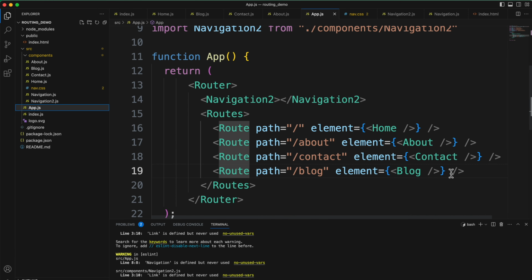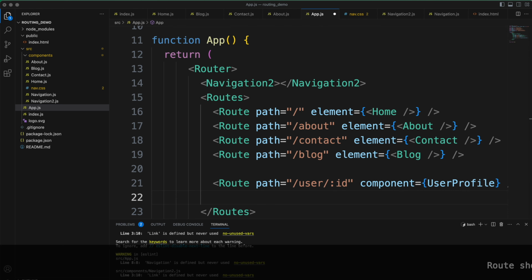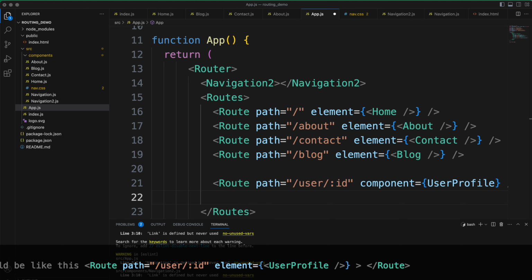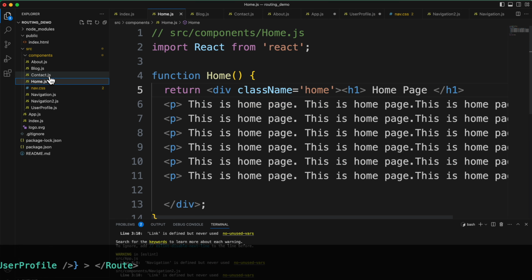I'll come here and create a new route. So let's say the route is going to be this. Okay, so this is the route. And because we created a user profile route, there should be a user profile component as well. So let me create a user profile component, and after creating it I'll explain what exactly this is. Let's say in the contact I have to